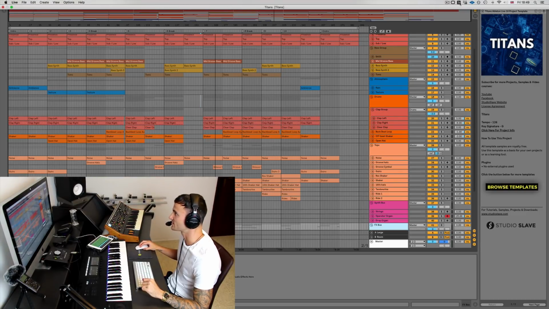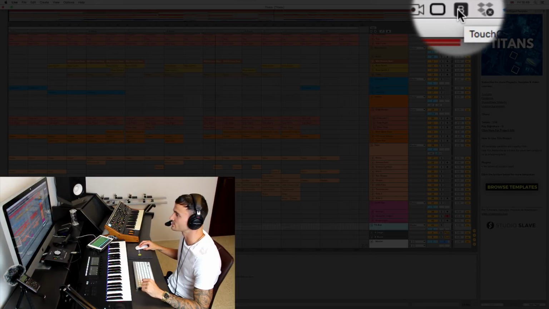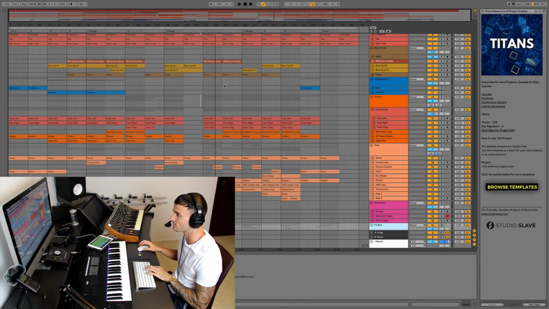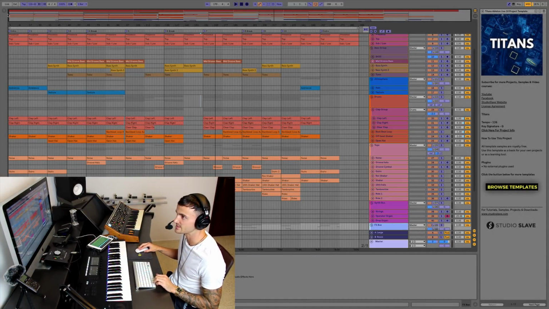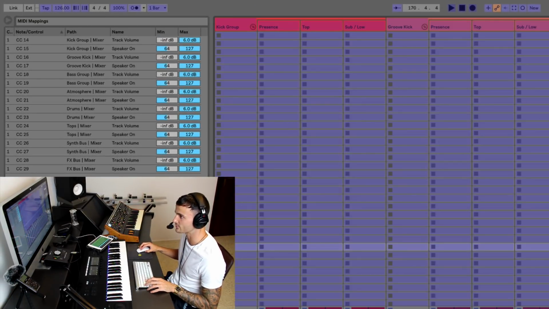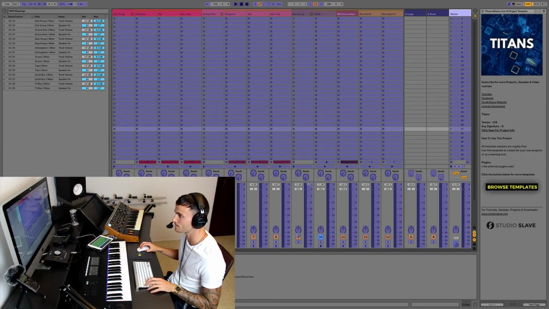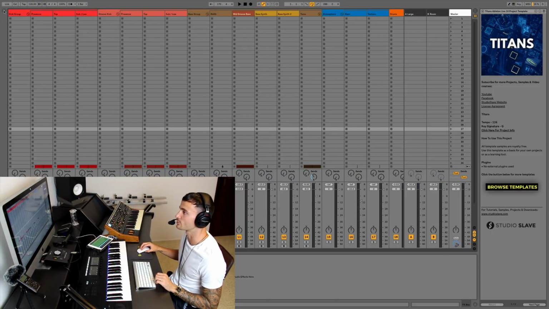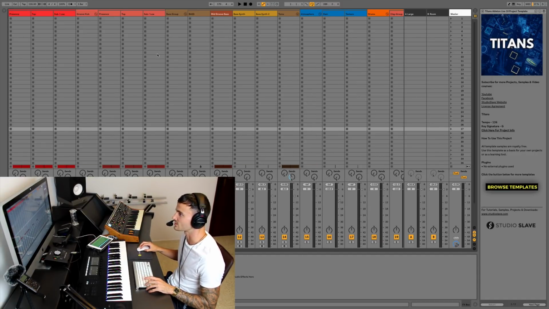So with TouchOSC, like I said, it's not specifically designed for Ableton, so we've got this bridged here, so it's a little bit of a pain to set up. What I've had to do is go into the MIDI mapping in here, and I've mapped a few things from the mixer. So if we have a look, you can see I've mapped the group channels and some of the mute solo switches as well. Whereas in Logic Pro, this would all be mapped automatically, and it's much tighter because it's specifically built for Logic Pro.